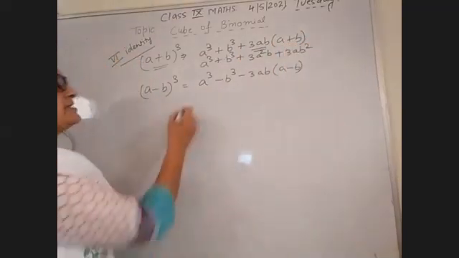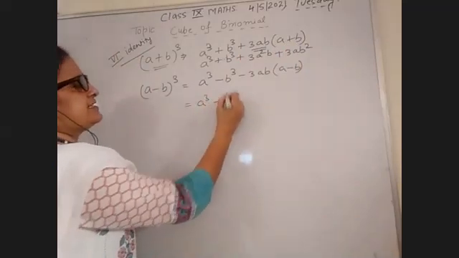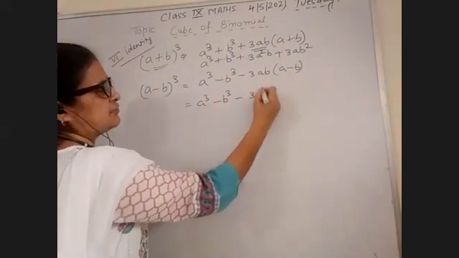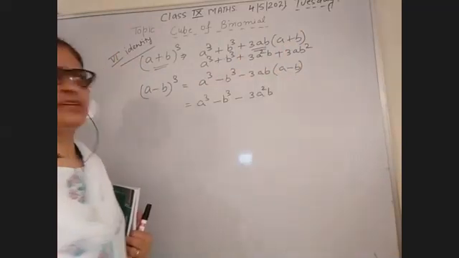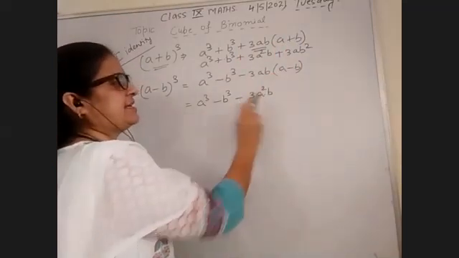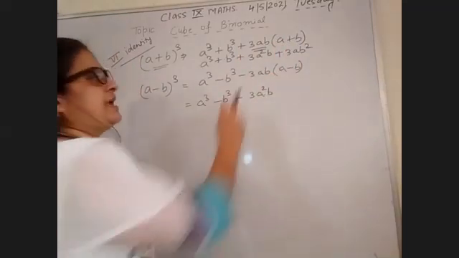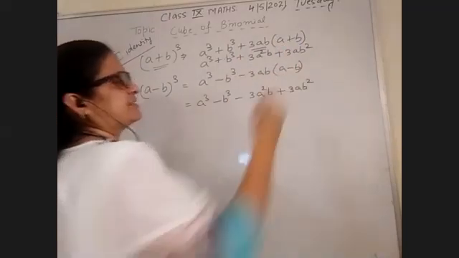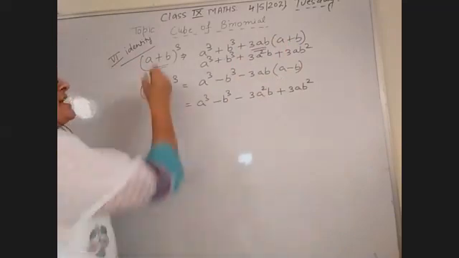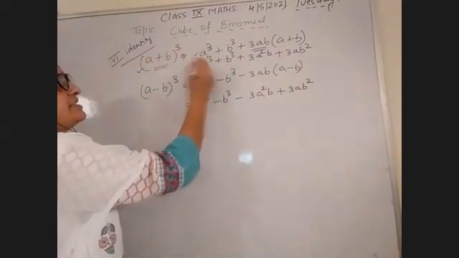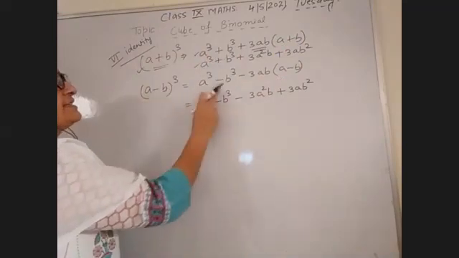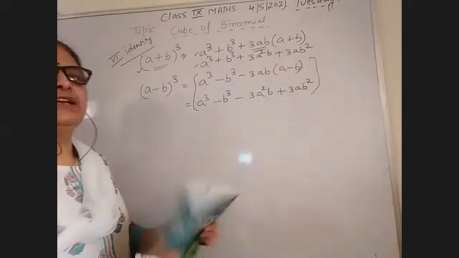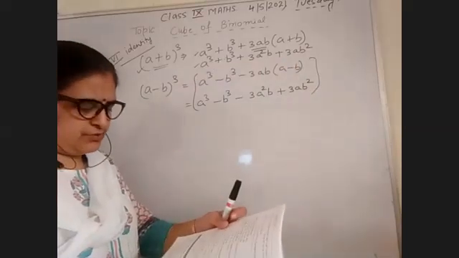Okay, and similarly you can write this identity like this. When you multiply 3ab with a, you will say 3a square b. A is multiplied by a, it is equal to a square, and minus multiplied with minus, it is equal to 3ab square. You can write this identity this way or that way, or if minus came, then you can write like this. Okay, wherever this is used, you will use this identity.